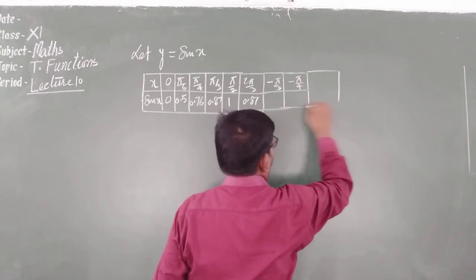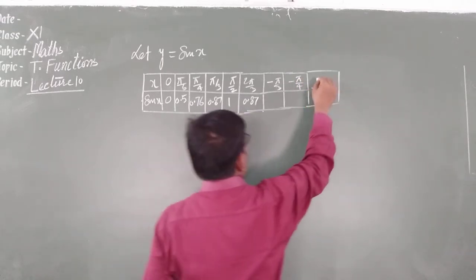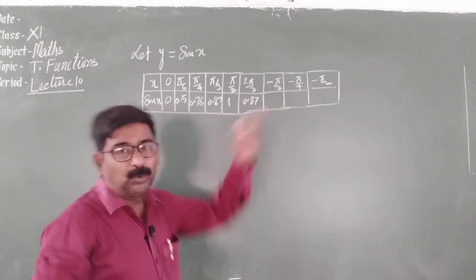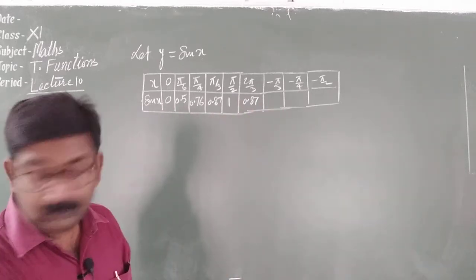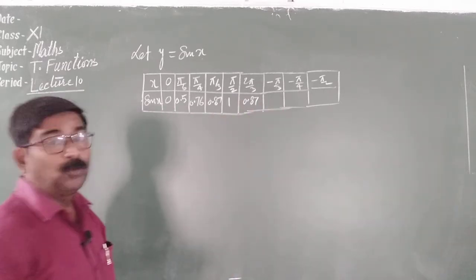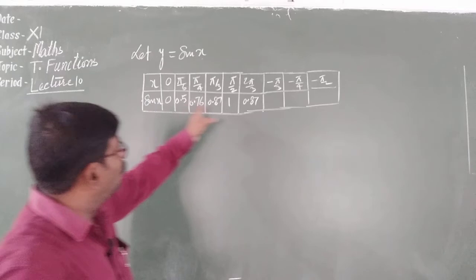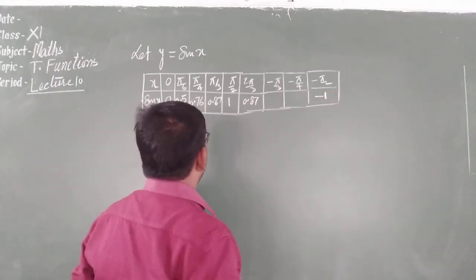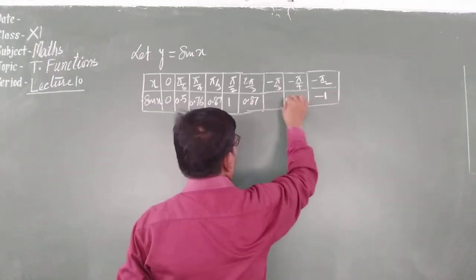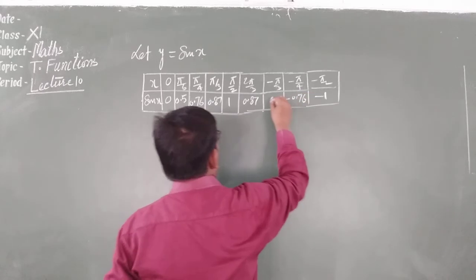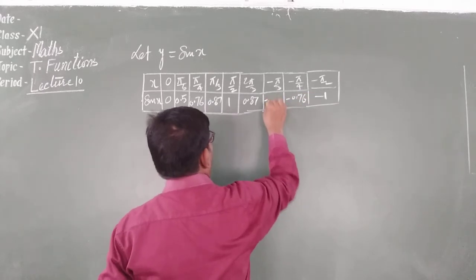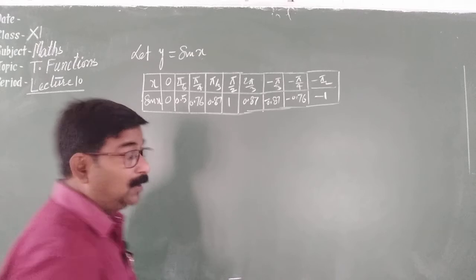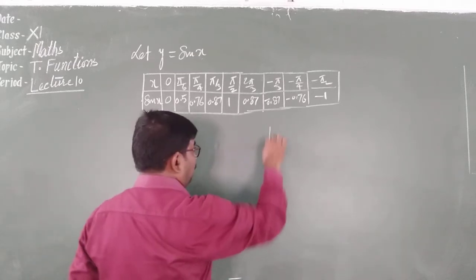Suppose I am taking minus pi by 2. So all values you can find from the table. Now let's see how to plot. Here it is minus 1. This will be about minus 0.76. This is about minus 0.87, negative. So when we plot the graph of this,